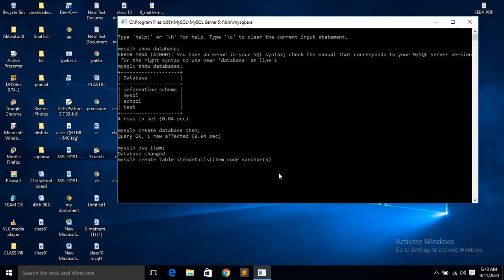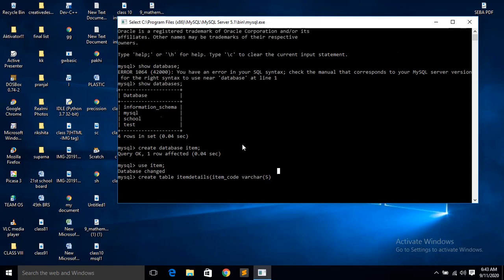Then you have to give the constraint. Always remember, when you give a primary key, you set it on a field which is unique to that table, that means which cannot be duplicated.